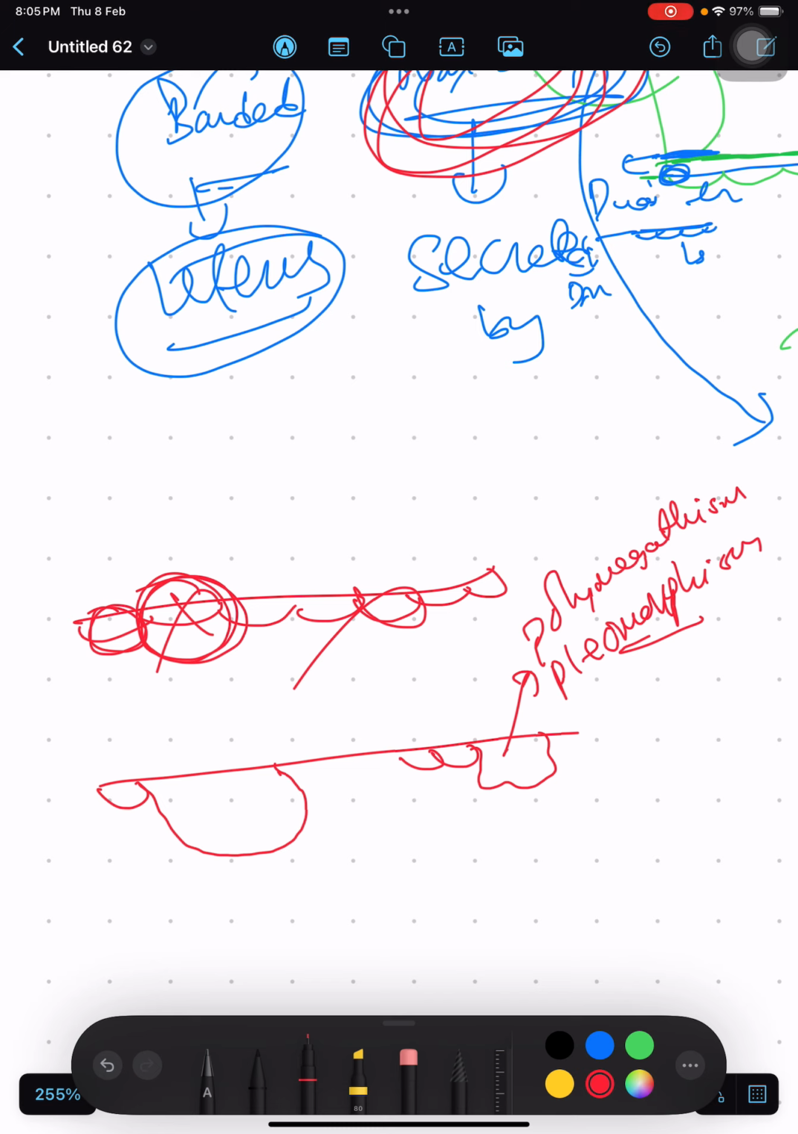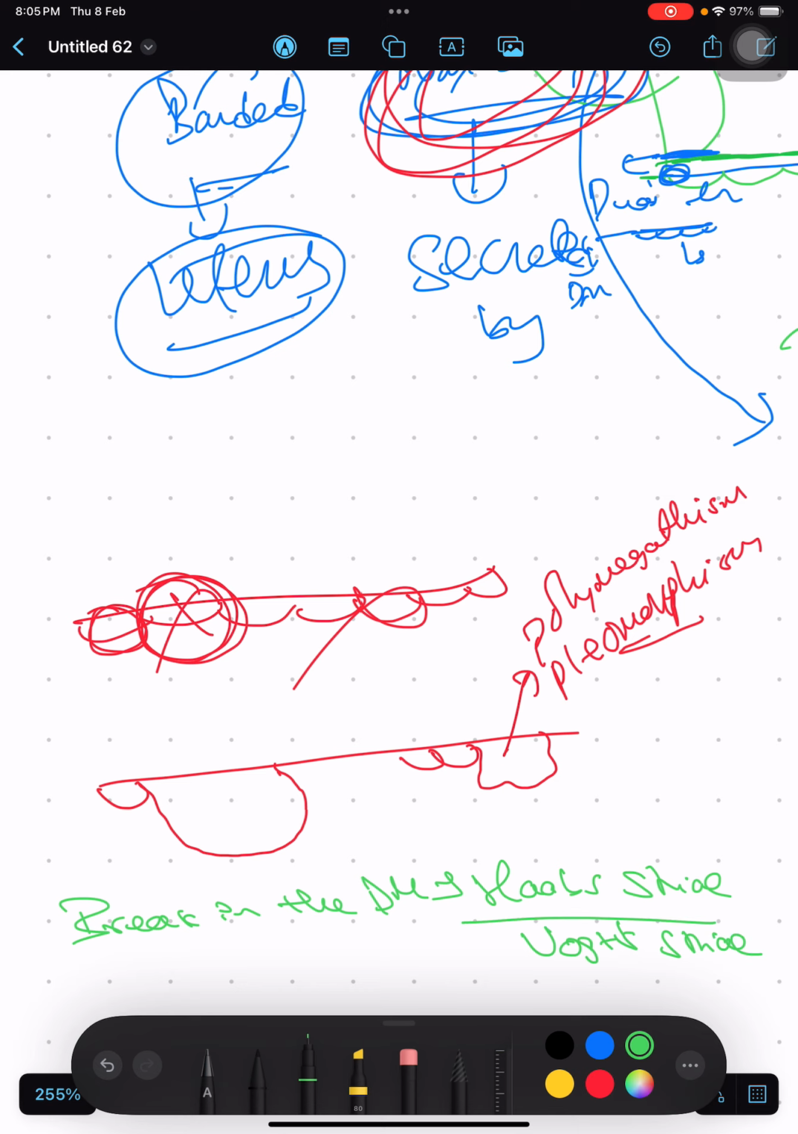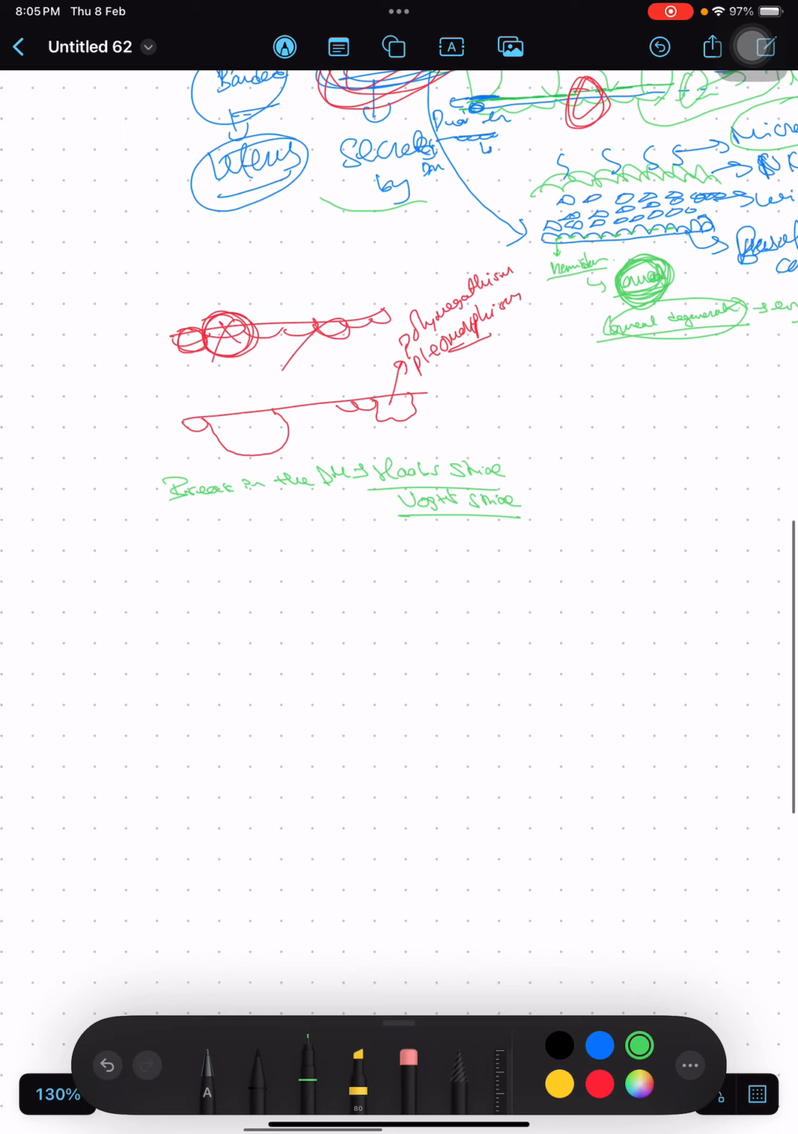Now, the next thing that is very important for us to understand is that if there is any break in the Descemet's membrane, it leads to Haab's striae and it leads to Vogt's striae. Now what you need to remember is the